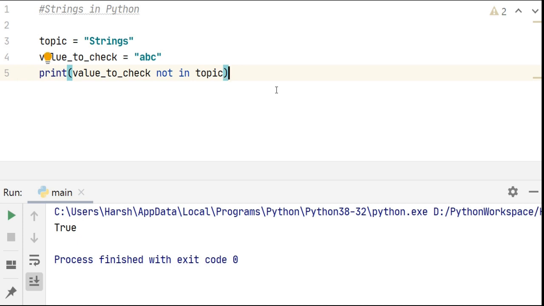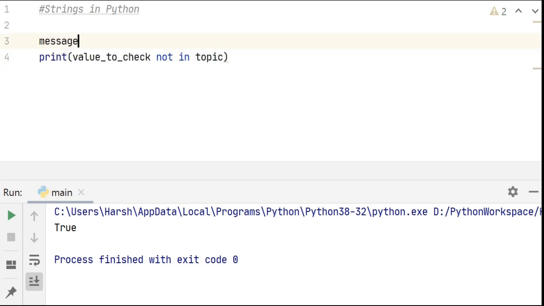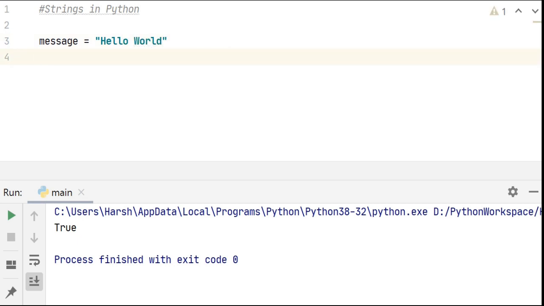Now this brings us to the last part of this tutorial where we answer how strings are immutable. Let's take an example to access a character from the string. So let's go back to our message variable and type hello world inside it. Now let's say I want the character at index 3. So let me just do print message in the square brackets 3. So when I run it, I get L, which is at the third index of the string.